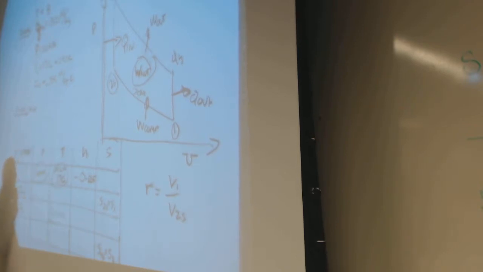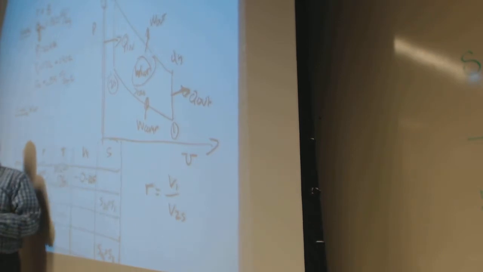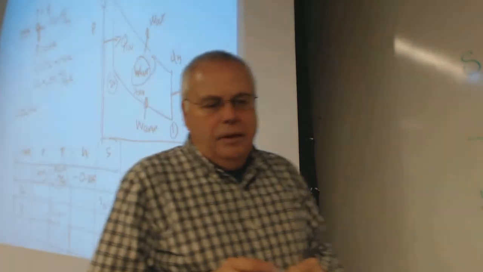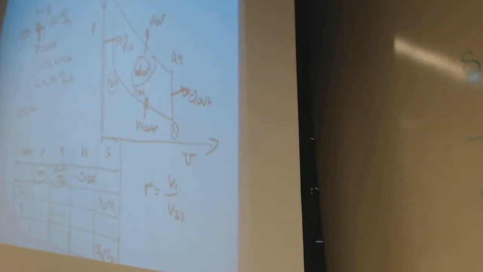And that's what we're going to do. So again, if we can fill out this table, all we really care about is that enthalpy value. Enthalpy tells all the energy due to heat and